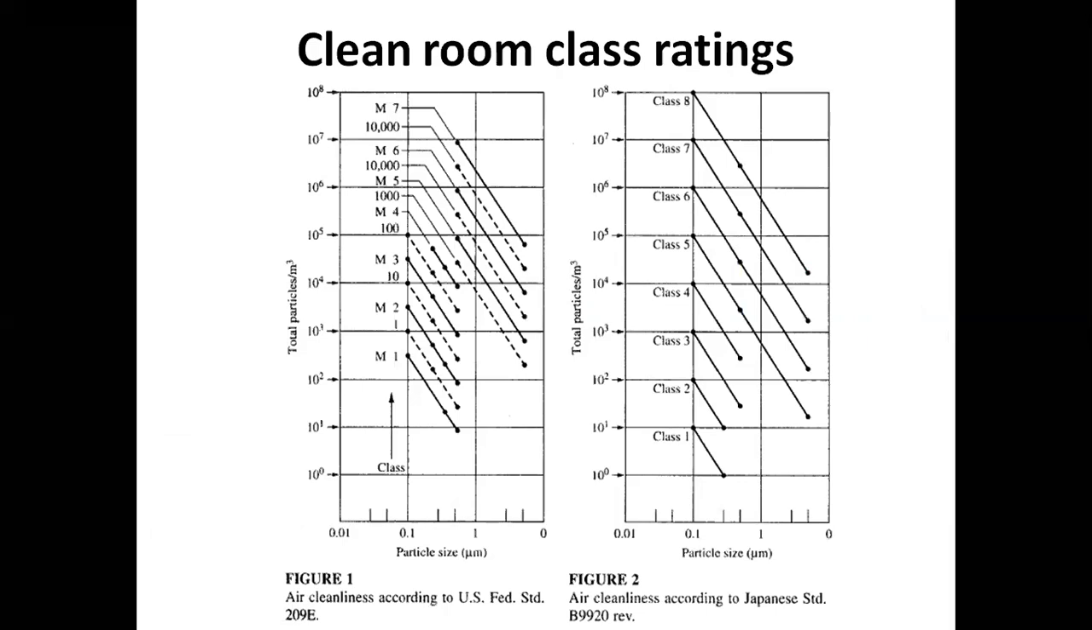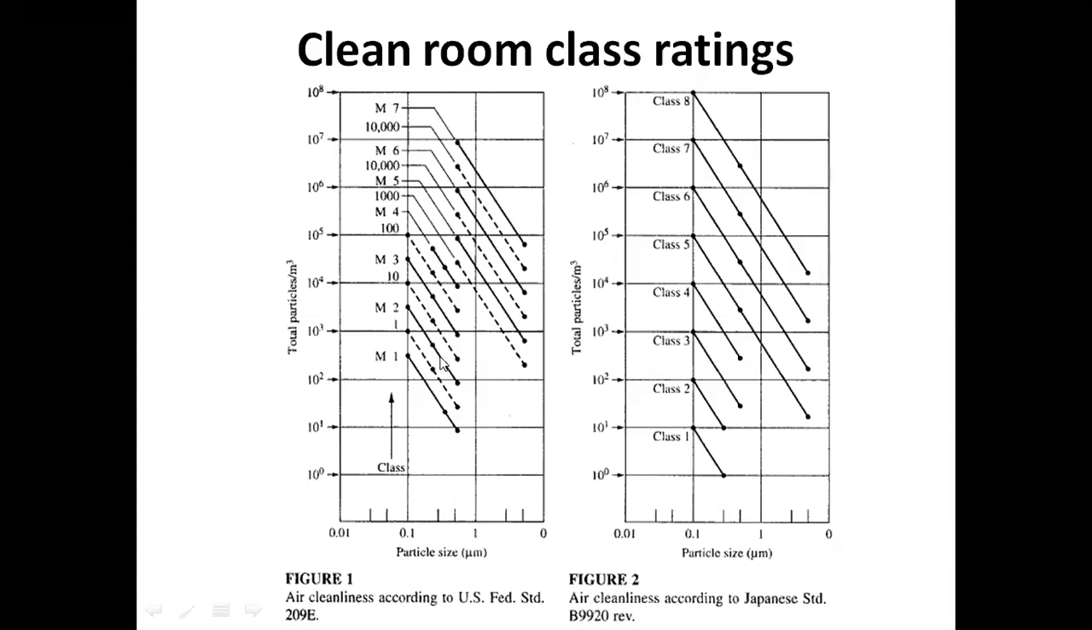Here you see some figures, which is about the air cleanliness. So normally two standards are followed. One is the US standard and the other is the Japanese standard. This figure is air cleanliness according to US Federal Standard 209E, and this figure is air cleanliness according to Japanese standard